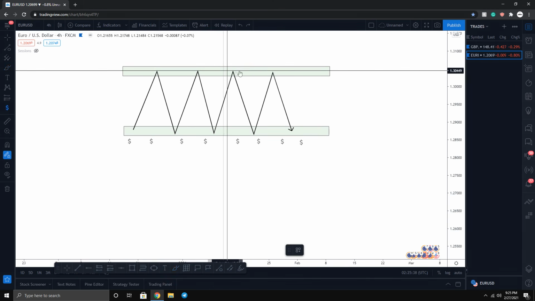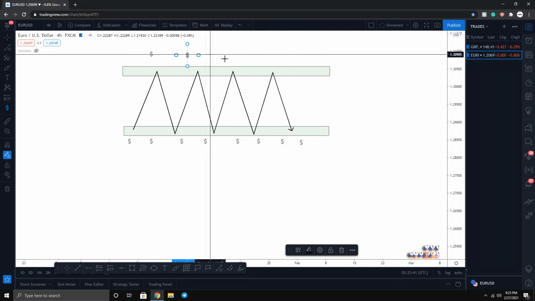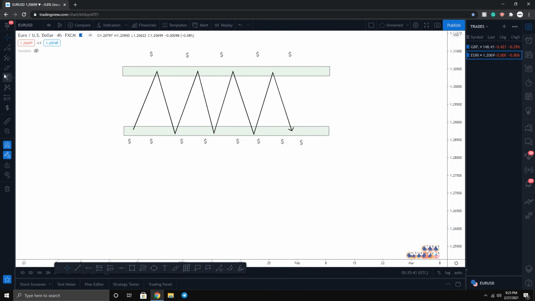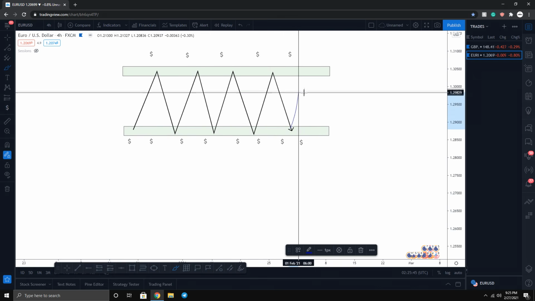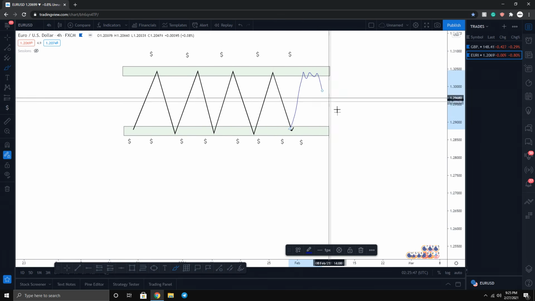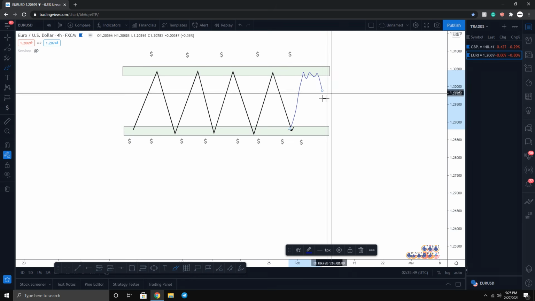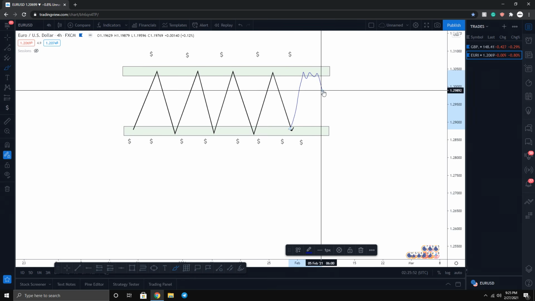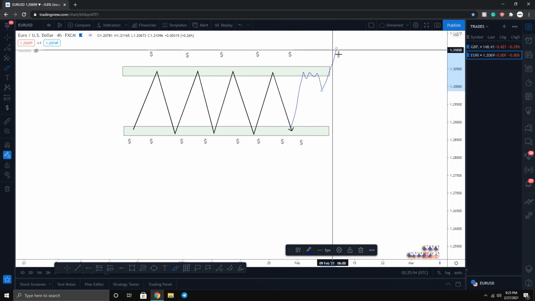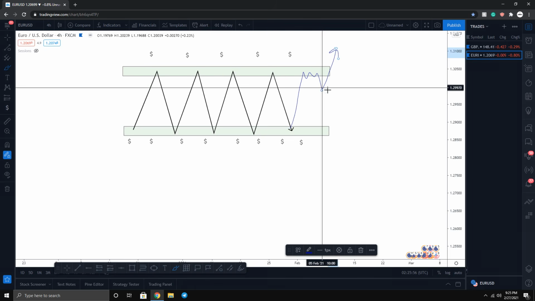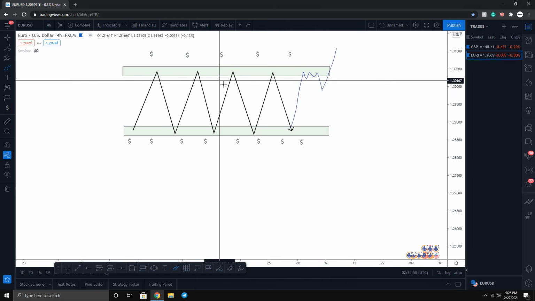For the people that are selling at these levels of resistance, money is being created above, and eventually the market is going to come up here. It might reject a bit and go your way to keep you happy, and influence you to take more sell positions. But eventually, your stop loss is going to get smacked, because the market is going to go above to hit your stop losses.